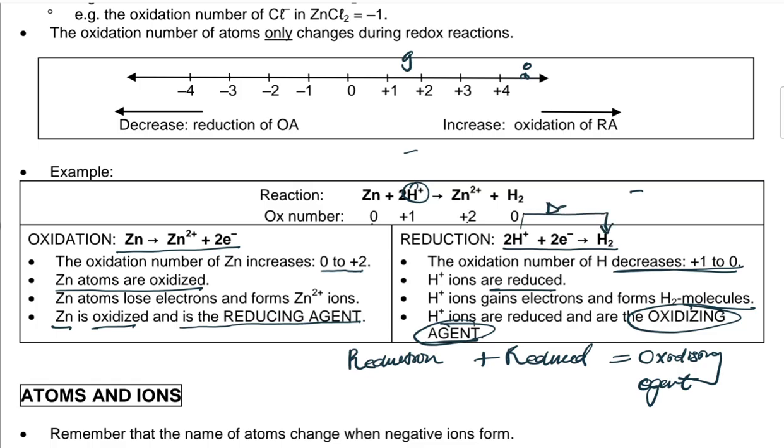So in terms of oxidation number it is a decrease. But in terms of electrons, I've gained 2 electrons. Gain of electrons. You look at the arrow on the left hand side, where we have plus 2 electrons, that is the gain of electrons. So these numbers were reduced. The oxidizing agent is the substance that is reduced, from positive 1